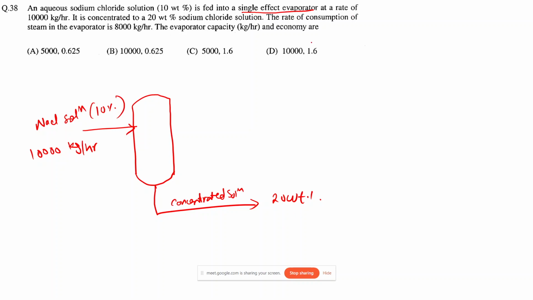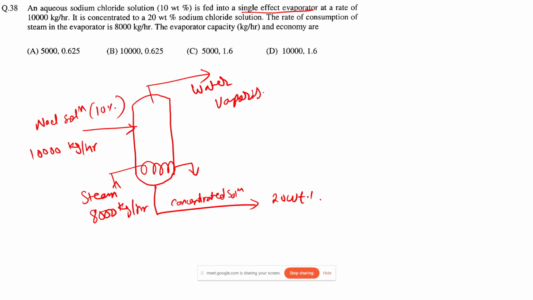The rate of consumption of steam in the evaporator is 8,000 kg per hour. So let's consider that steam is being provided over here and it will exit from over here. So steam we have been given as 8,000 kg per hour, and ultimately water will get evaporated or vaporized from this NaCl solution to leave this concentrated solution. So from the top we can write the water that has been vaporized. That mass flow rate we haven't been provided, and we have been asked to find evaporator capacity. So first one is